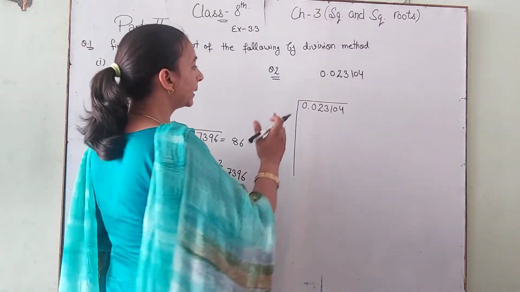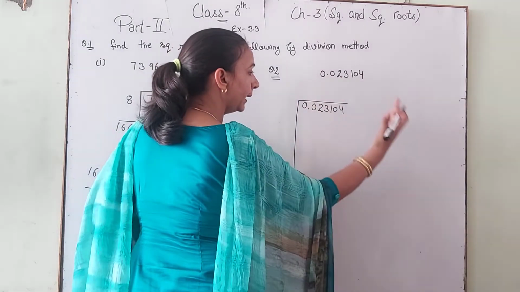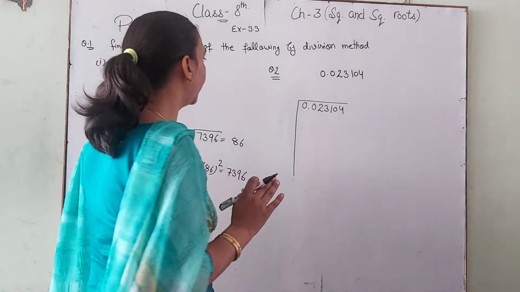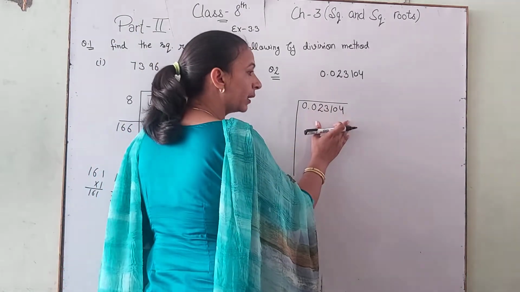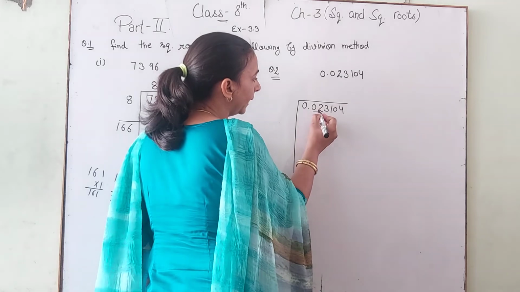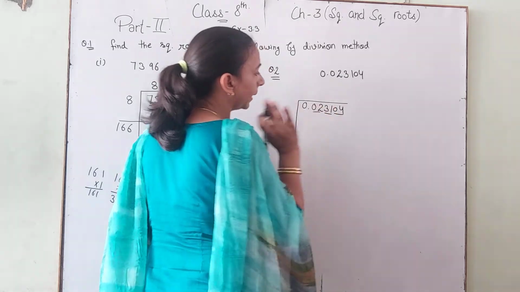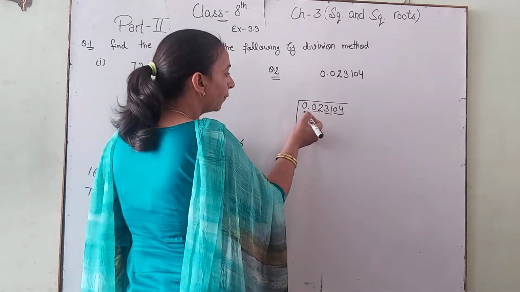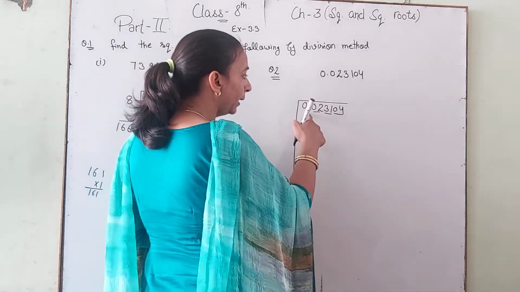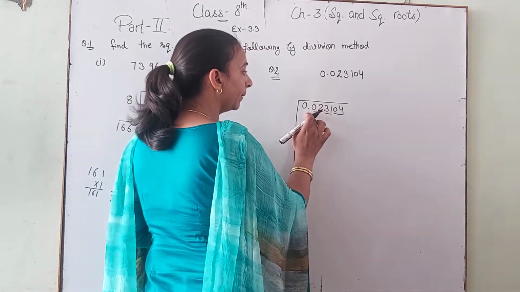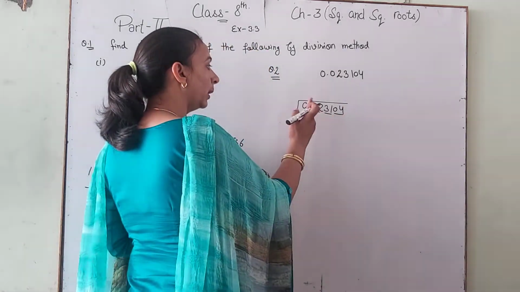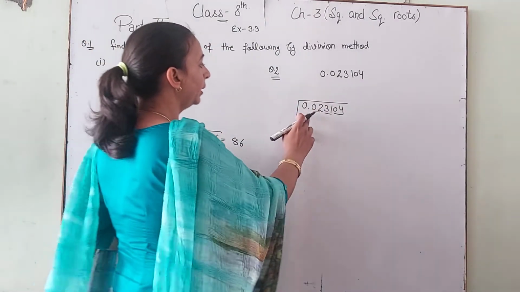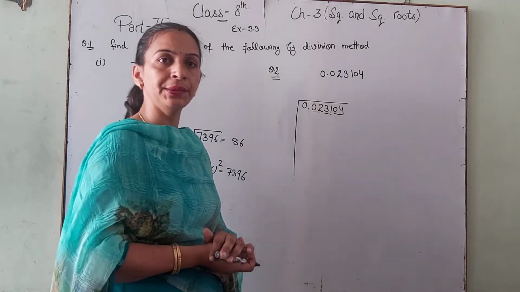Students, from the decimal point, on the right side and the left side, we take pairs. On the right side of the point, we make pairs from this side: 1 pair complete, 2 pairs complete, 3 pairs complete. On the left side of the point, we take pairs from that side. On the left of the point there is a single 0, so there is no meaning.